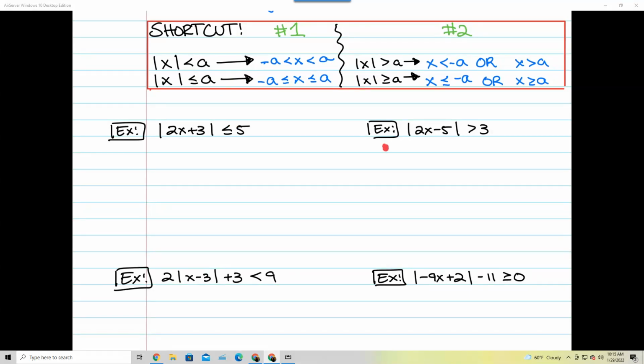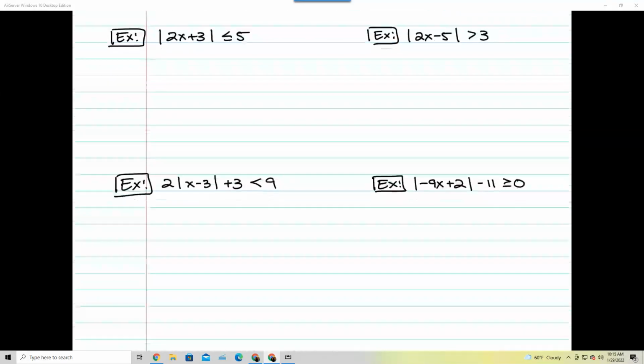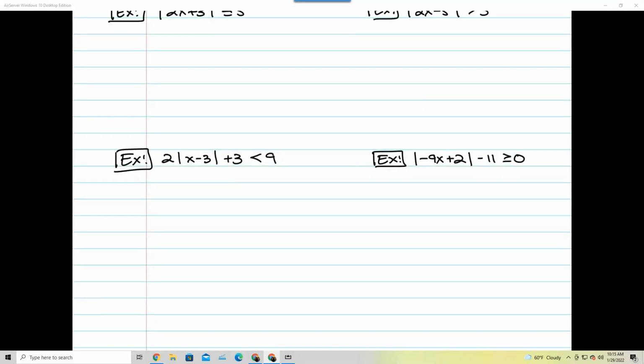Can I get started on my shortcut on problem number 2? Well, I got to ask myself, is the absolute value isolated? Yep, I got the absolute value of something, and that's it on this side. So this one, yes, I can go ahead and get started on my shortcut right away. Let's look at this one. Is the absolute value isolated? Well, I see 2 times the absolute value of something plus 3. So no,